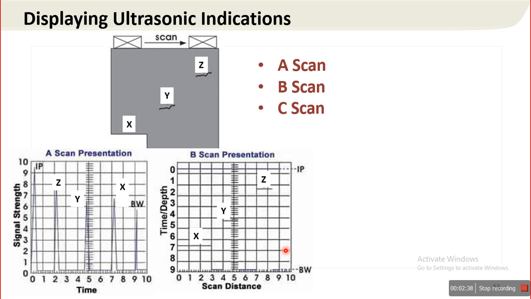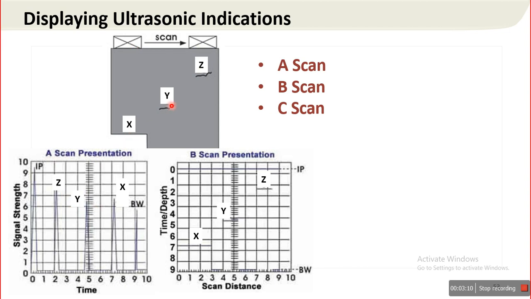So the A scan presentation displays the amount of received ultrasonic energy as a function of time. See this left side image, which represents A scan presentation. This is the component, and we are scanning this component from left to right.